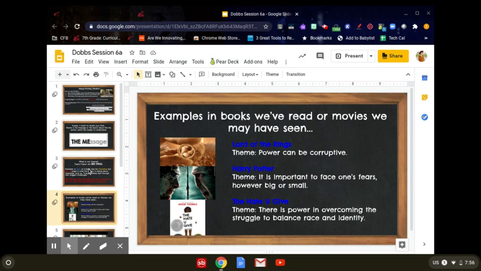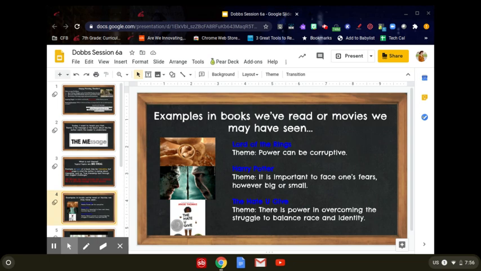So here are some examples in books we've read or movies we may have seen. In The Lord of the Rings, an example of theme is power can be corruptive. In Harry Potter, one of the themes is it's important to face one's fears, however big or small. In The Hate U Give, a theme is there's power in overcoming the struggle to balance race and identity.